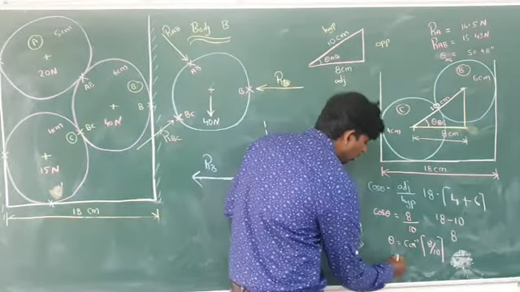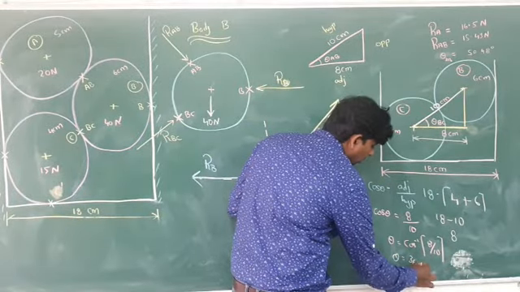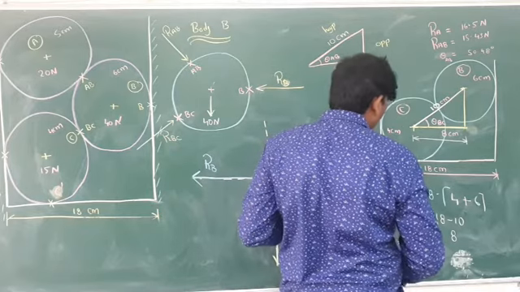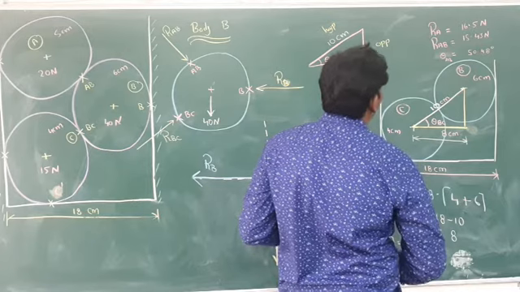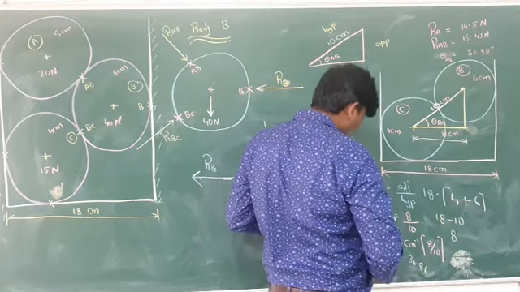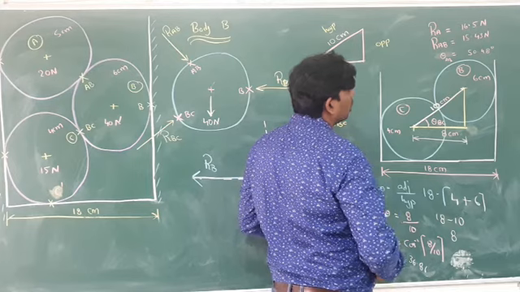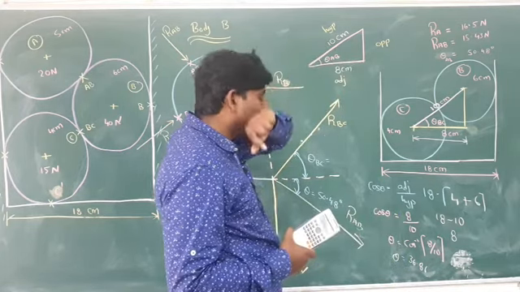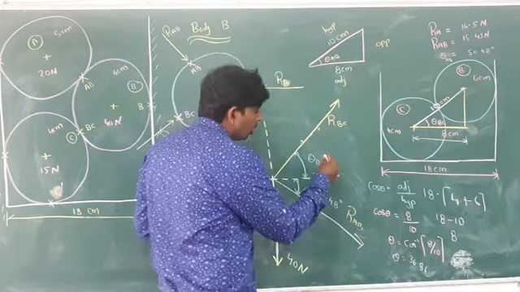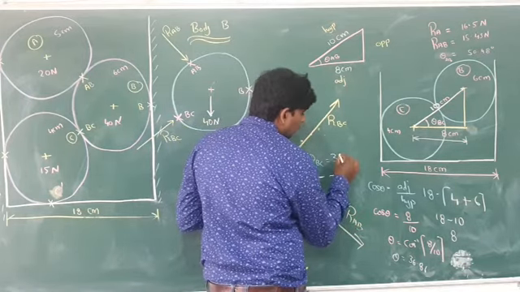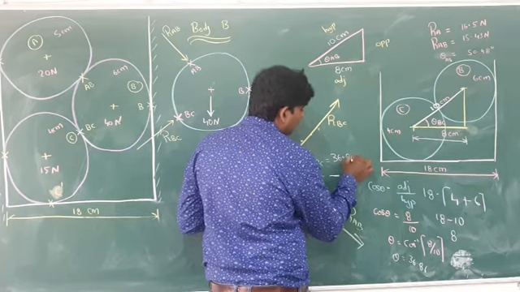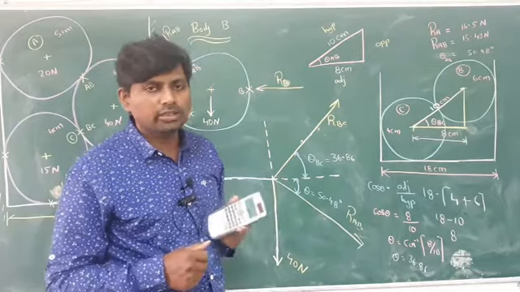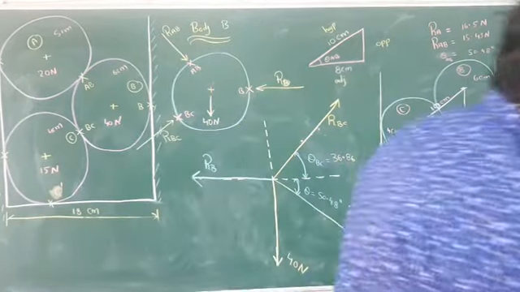Theta is equal to 36.86. As you can see here, you got the value of RA and the value of RAB, and theta is equal to 50.48. Now you got the value of 36.86. So this theta is 36.86 degrees. Now, next step, after finding this theta, you have to go for resolution.